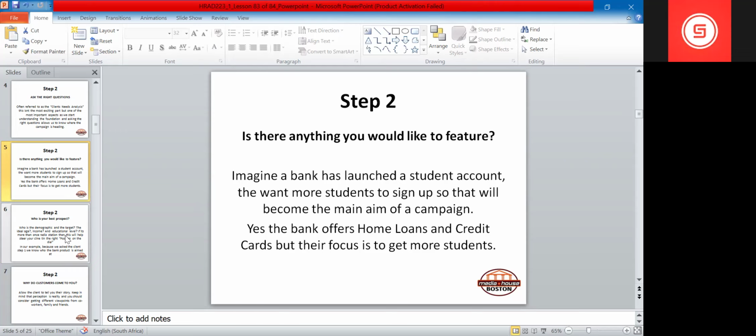So what benefits do you get as a student? What interest do you get as a student? And so on and so forth, right? Yes, the bank offers home loans and credit cards, but the focus is on students. So we have to develop a campaign. We have to develop advertising, as well as scripting and copy, all of